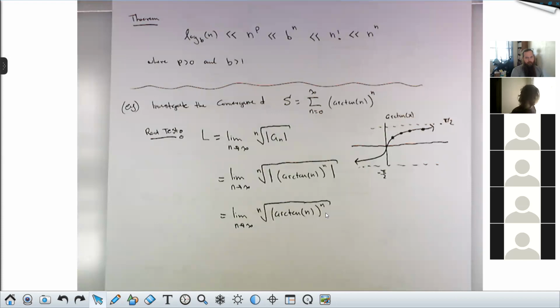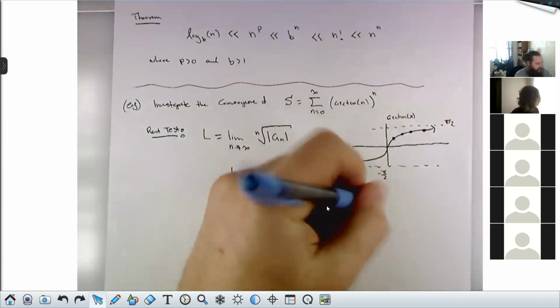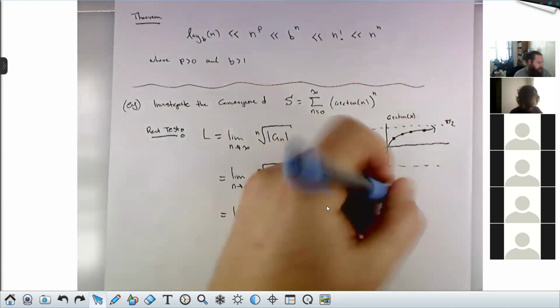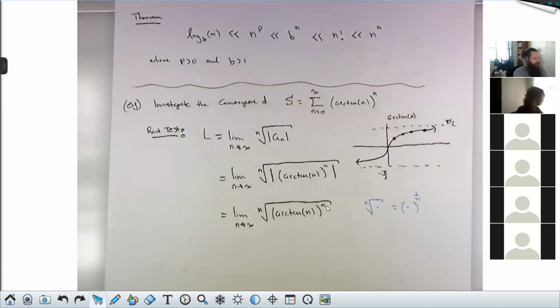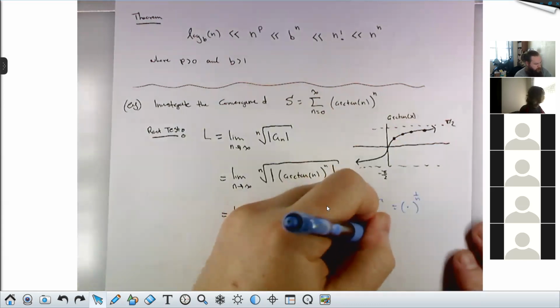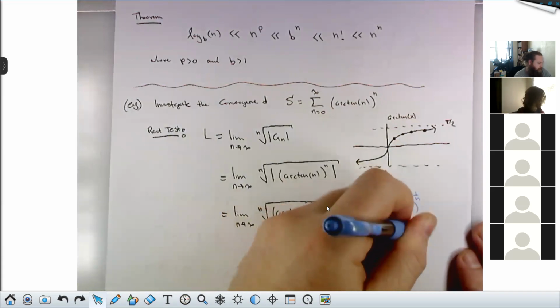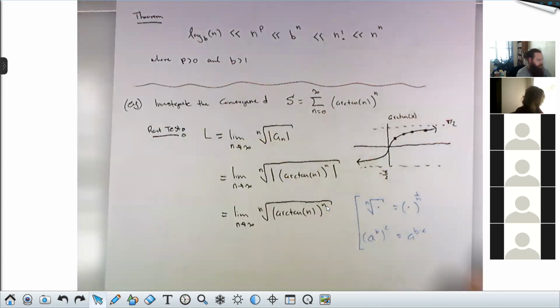Is it arctan raised to the 1 over n squared? So remember, the nth root of some stuff is the same thing as that stuff raised to the power of 1 over n. And then we also have this algebra rule that says A to the B all to the C is A to the B times C. So if we are mindful of these two algebra rules,